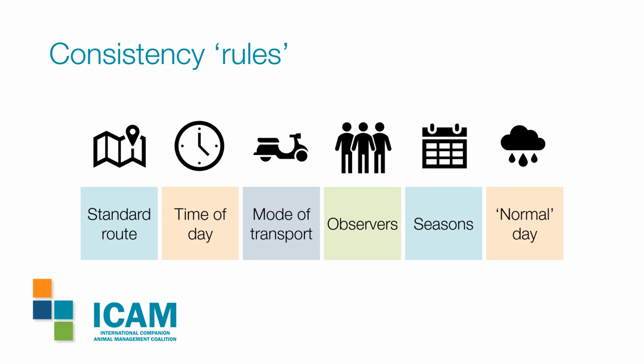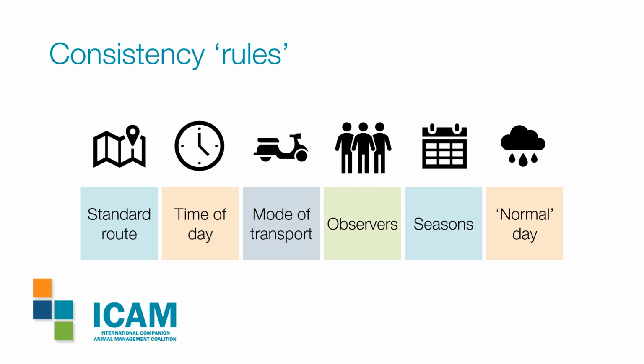So do use the same time of year, and if you're using different times of year, try to compare like with like. So compare your autumn surveys to your next year's autumn surveys. Do not compare autumn to spring and expect them to be a measure of just change in density. They may be measuring a difference in seasonal density as well.